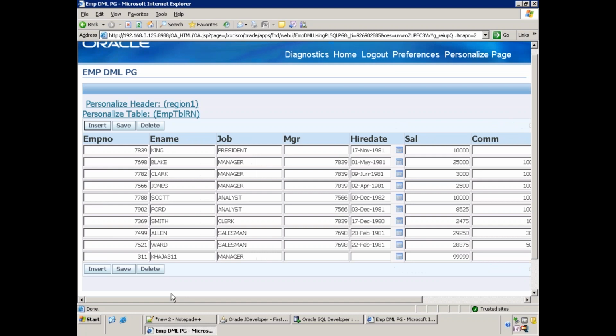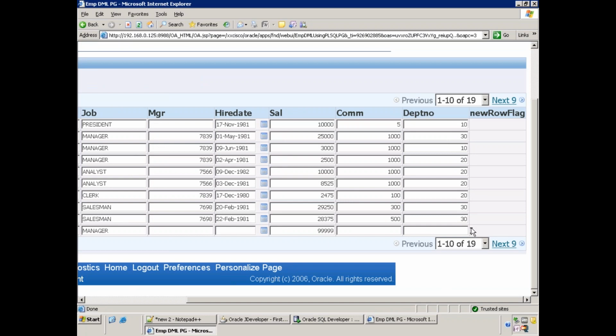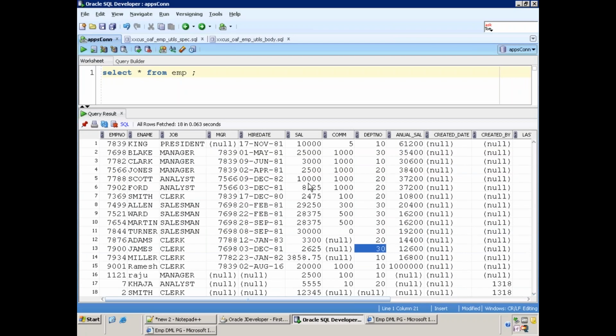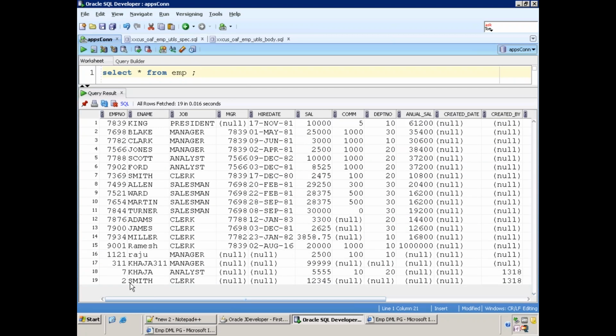When you click on save, see what will happen. 311 should be saved in the database now if everything is okay. Right, it says the data record is saved, and after insertion the flag value got changed to I. But check from the database perspective whether it got changed or not, whether it is having 19 records or 18 records. So can you see 311? Yes. Right?